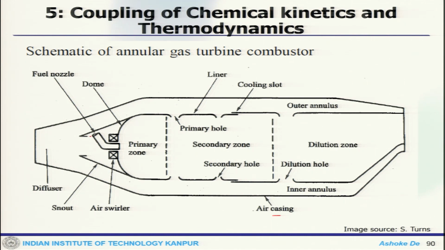Then you have a fuel nozzle and some other cover shroud and the swirler. So, the air comes in here, that is allowed to pass through this swirler. When it passes through this swirler, what it does is it actually imparts tangential momentum